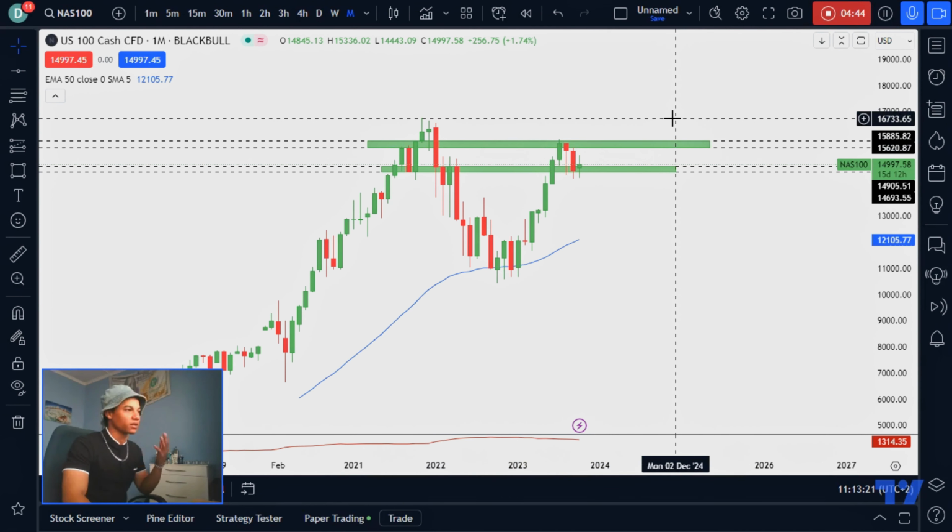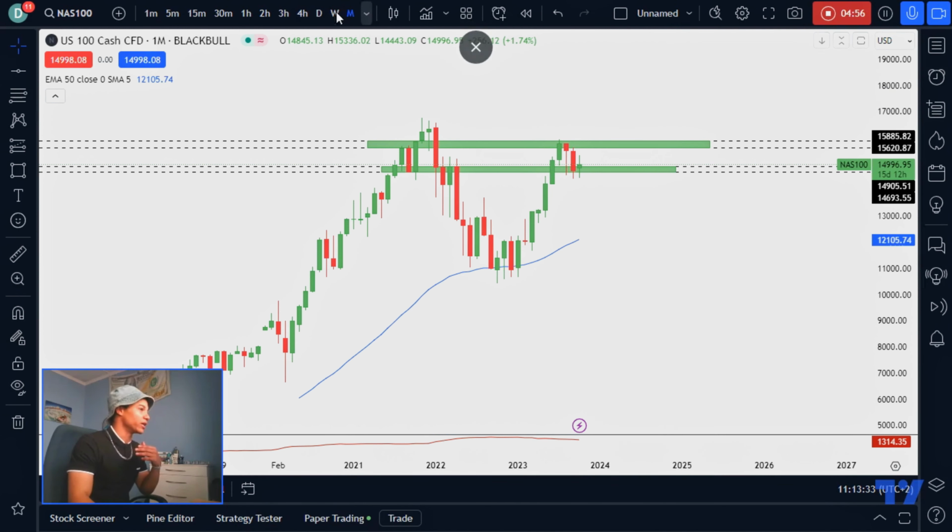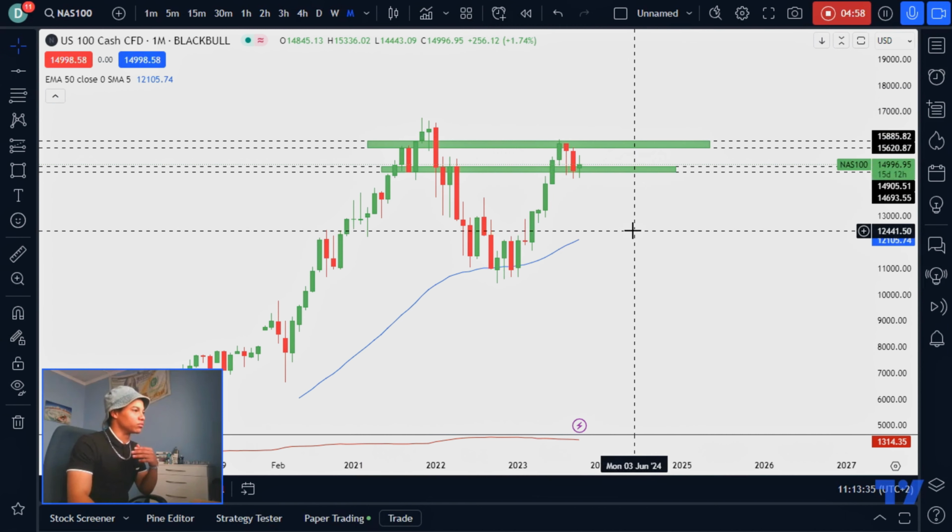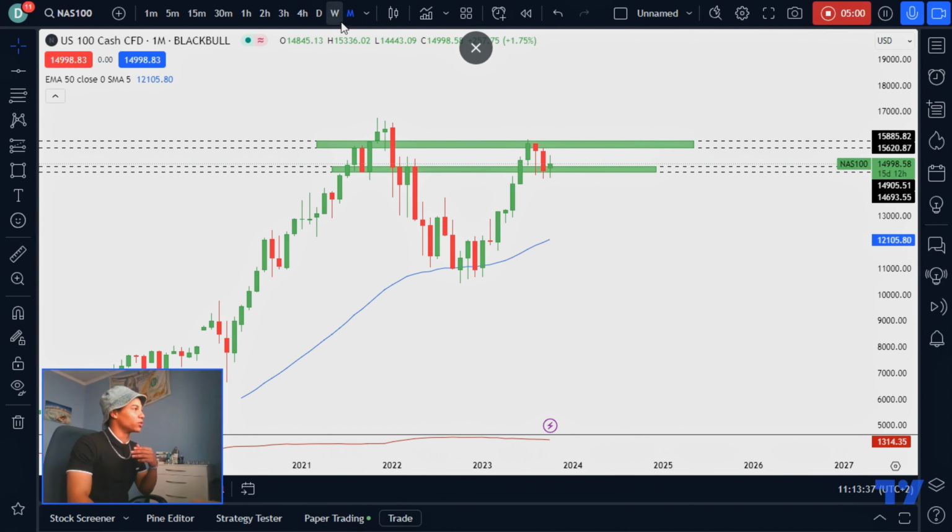Not always on the monthly, it depends on which pair. You have to make sure that you understand the pair and how the pair moves, and what's the best way to analyze this pair. For me, I feel like this is the best way for me to analyze a pair. So as you can see, I've got two zones, and once we go through weekly,